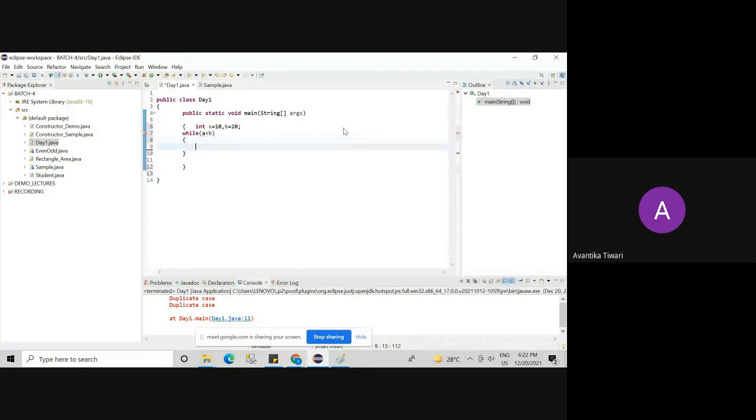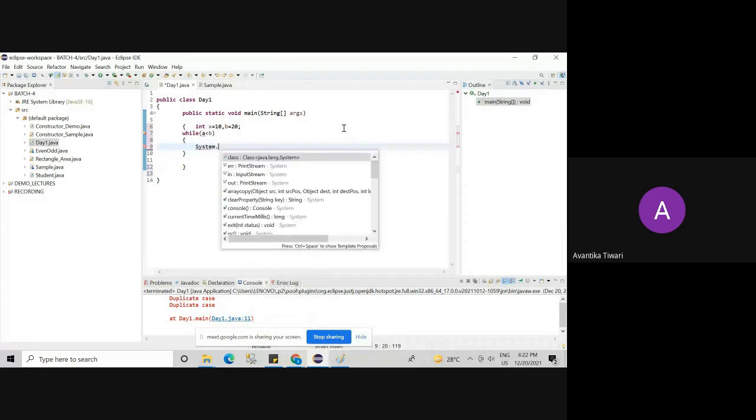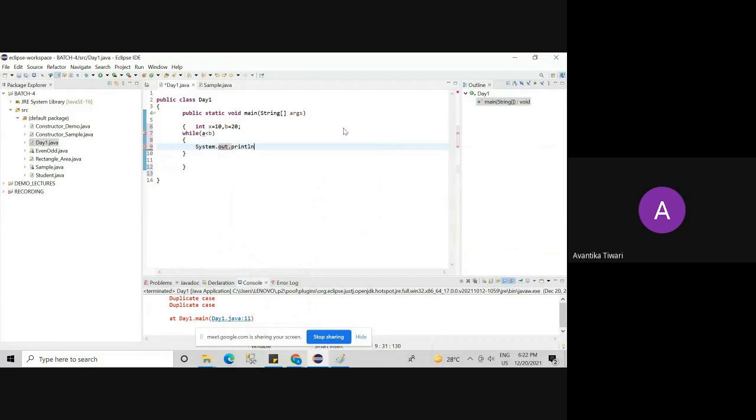While a is less than b, do something. Let's print something. Instead of x, it should be a. Hello, engineers.